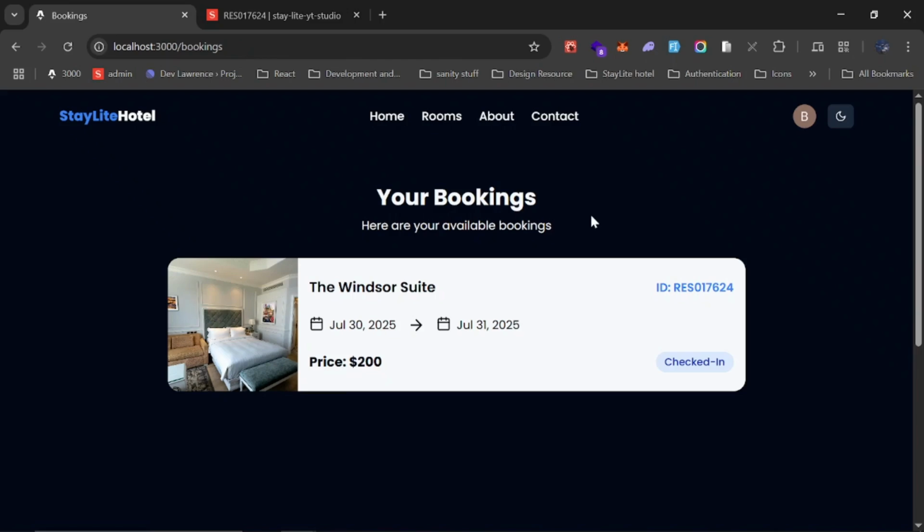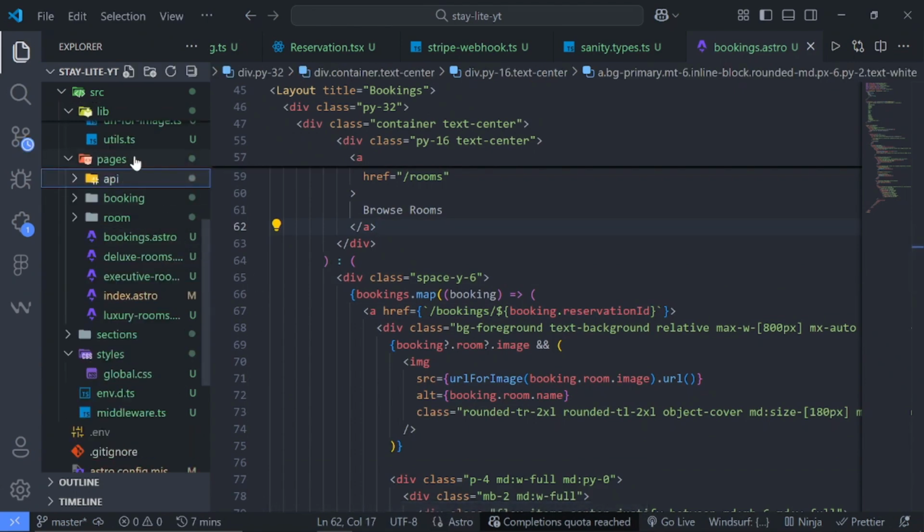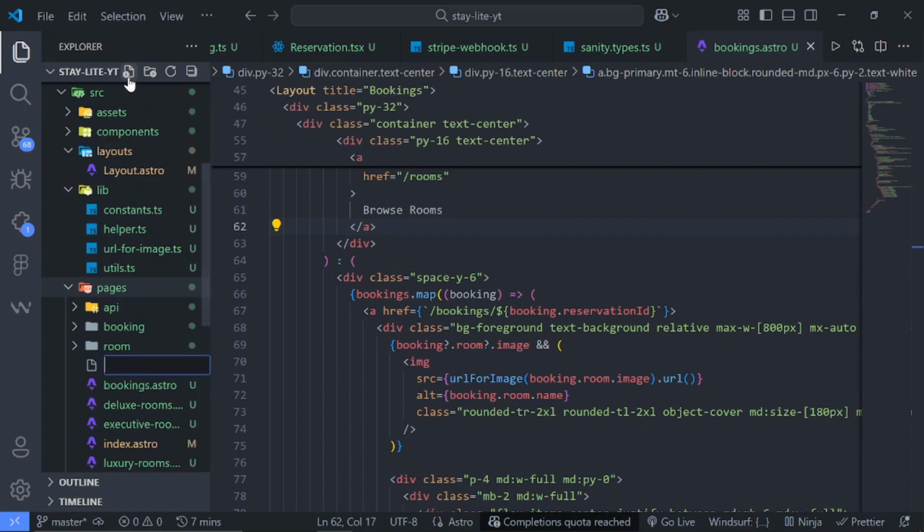Alright guys, so in this episode we are going to be creating the bookings details page, and I've gone ahead to change it from pending to checked in, as you can see right here. And again, if I hover on this, you see that when we click on this it is supposed to take us to this page, booking. And if I go back to my VS Code, I just realized that this should be bookings, not booking. So we'll just quickly save that,